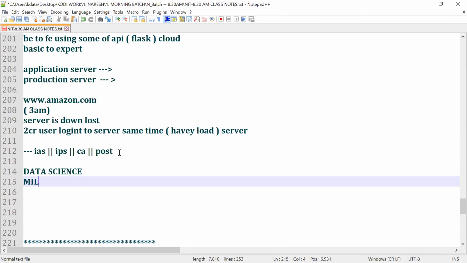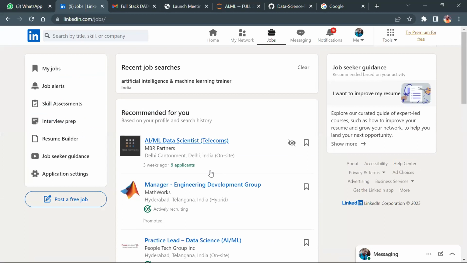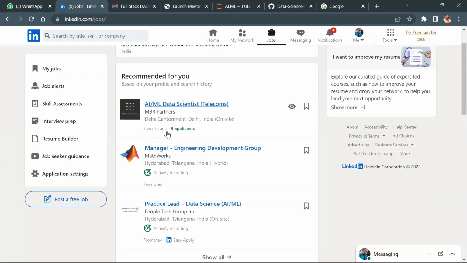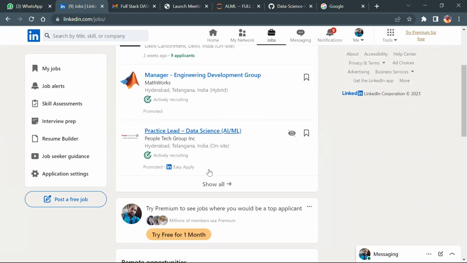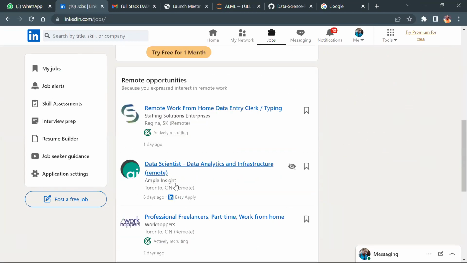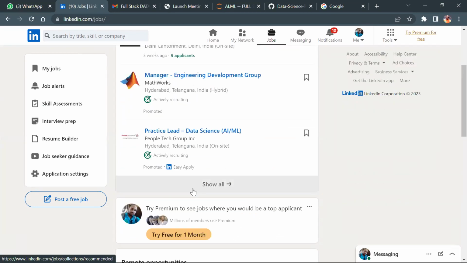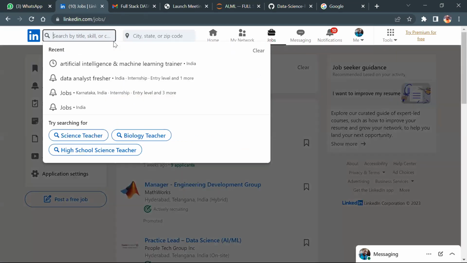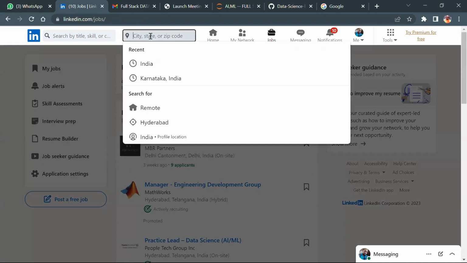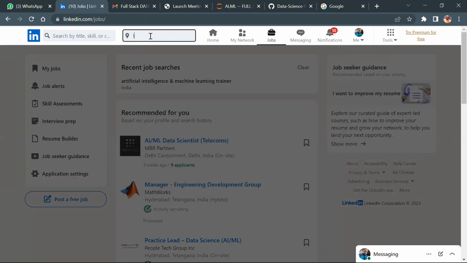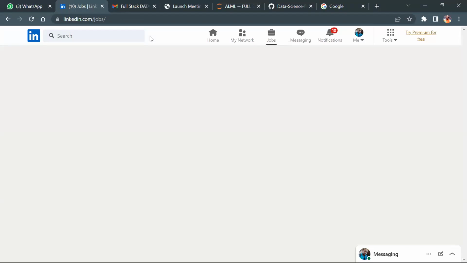All right. Now, let me show you some of the opportunities. Three weeks ago, when they implemented it, based on my profile, these calls will come from managers. Did you see all these opportunities? Once you check this, it asks for the city, and you can apply across the globe using the LinkedIn profile. It asks which cities you want to apply in. You do not say I will apply only in Hyderabad. Do you understand? Just mention India, or just click it here.